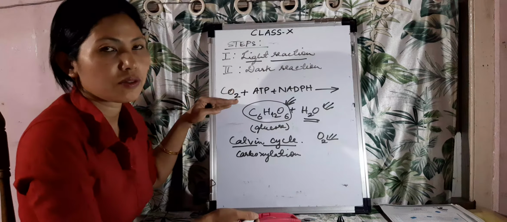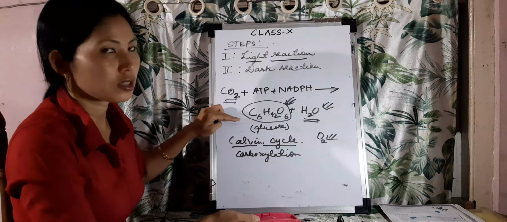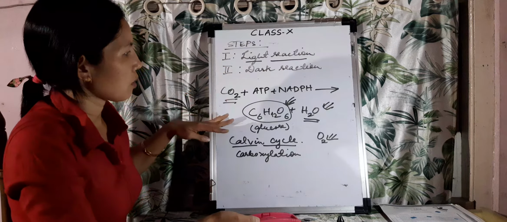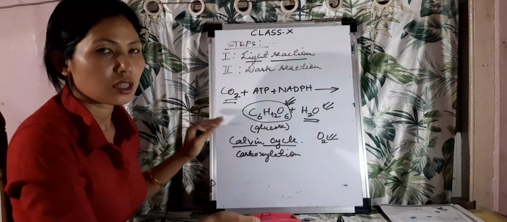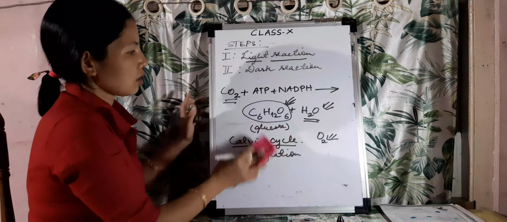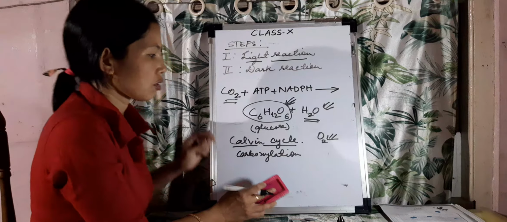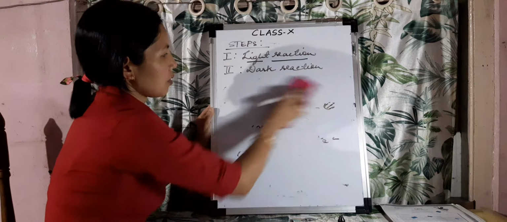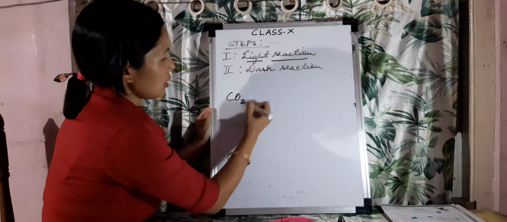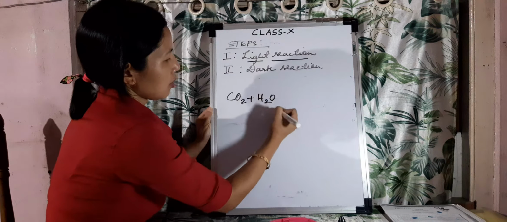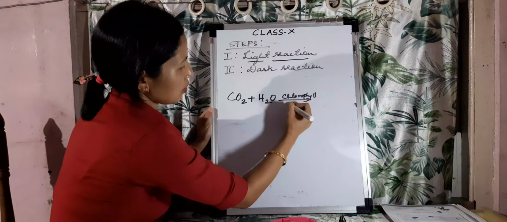Only the product of the light reaction is used for the dark reaction in order to reduce carbon dioxide into carbohydrate. So this is about the mechanism of the process, that is photosynthesis. So the entire chemical equation of photosynthesis can be written as follows. The raw materials, carbon dioxide and water, in presence of chlorophyll and sunlight,